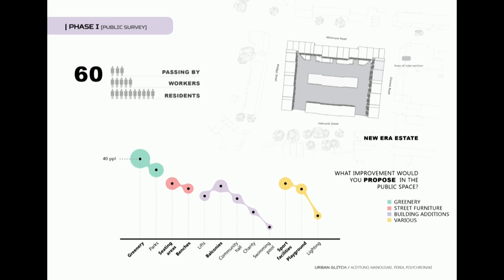And aiming to gain a deeper understanding about the site deficiencies, we conducted an on-site survey where mainly residents, but also people who interact daily with the public space, expressed their opinion about certain major issues. The most important deficiency was the lack of communal activities due to lack of facilities, and most interviewees referred to lack of green areas, balconies, sport facilities, resting areas, which we classified in 4 categories: greenery, street furniture, building additions, and a customized one, in order to form the design program of our application.